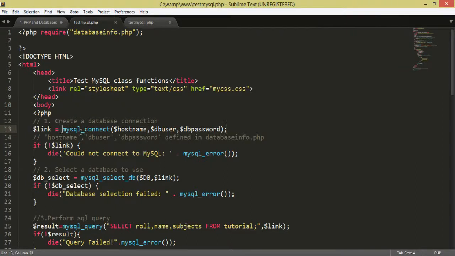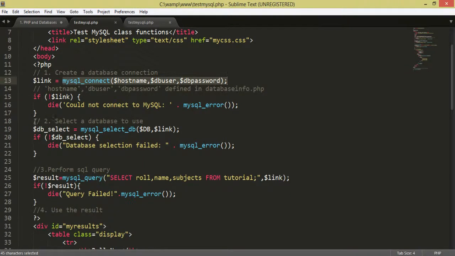Please remember that you pass 3 parameters in MySQL extension, as you will be passing 4 parameters in the MySQLi extension function. So now coming to the second step, you select your database and you pass 2 parameters, the database name and the link which was created above,